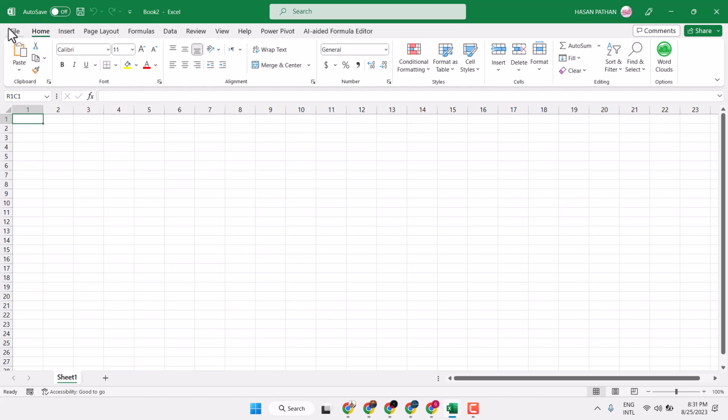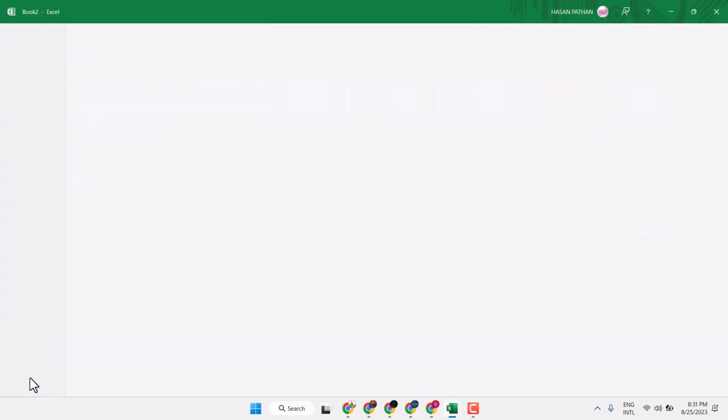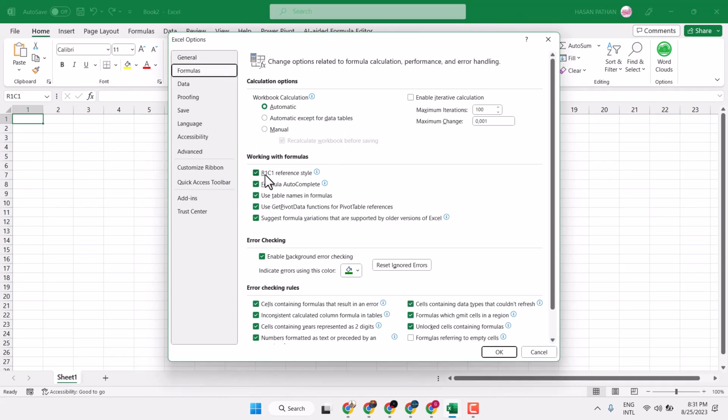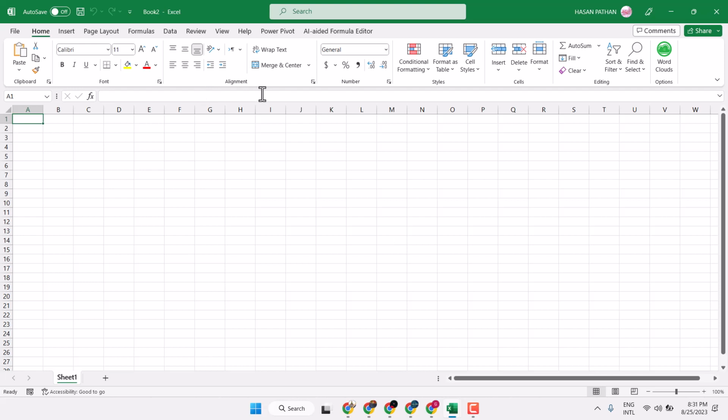To remove this setting, again same Options, Formulas, and unselect R1C1. Then click on OK. So this way you can change column name